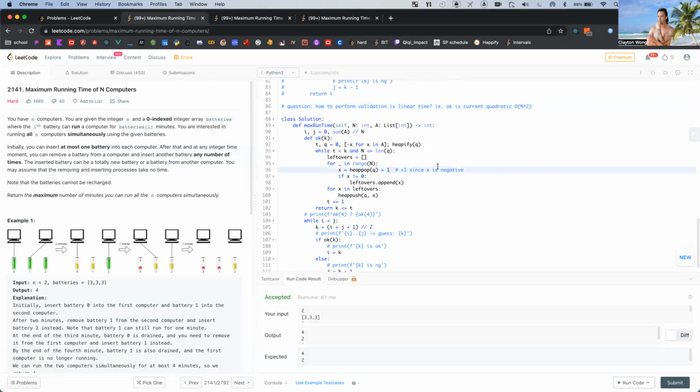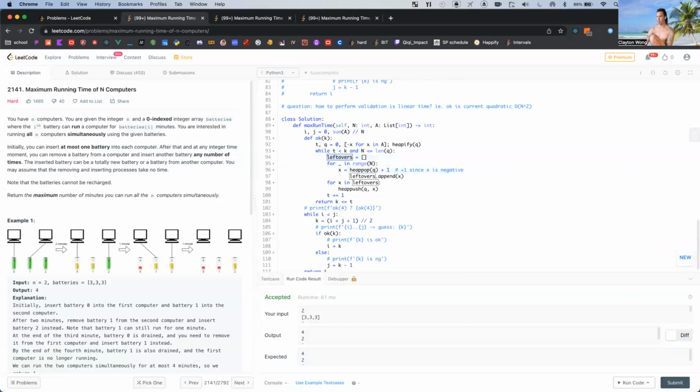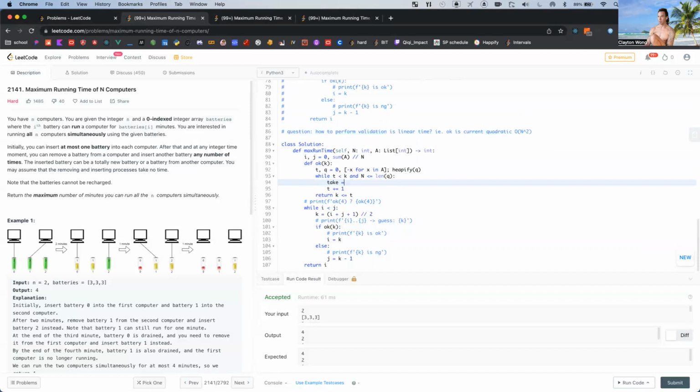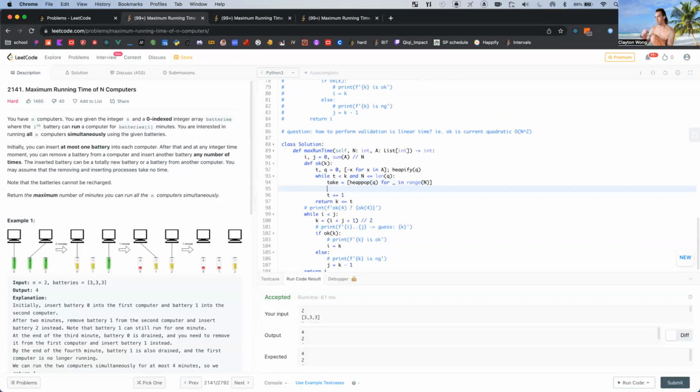We take more than one at a time. All right, let's do this. Take equals heap pop on the Q. Pop the top. That's negative.